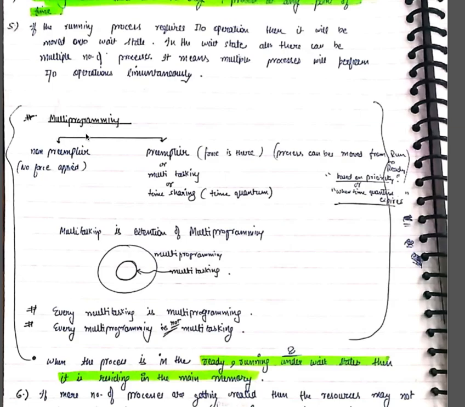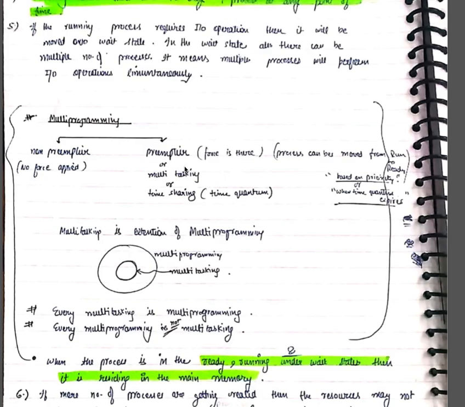Because multi-programming is of two types: non-preemptive and preemptive. Non-preemptive means no force is applied when the process enters the CPU. It is up to the process when it will go out, and then we can schedule another process. That is multi-programming. And in preemptive, I say, go process one into the CPU, and after 2